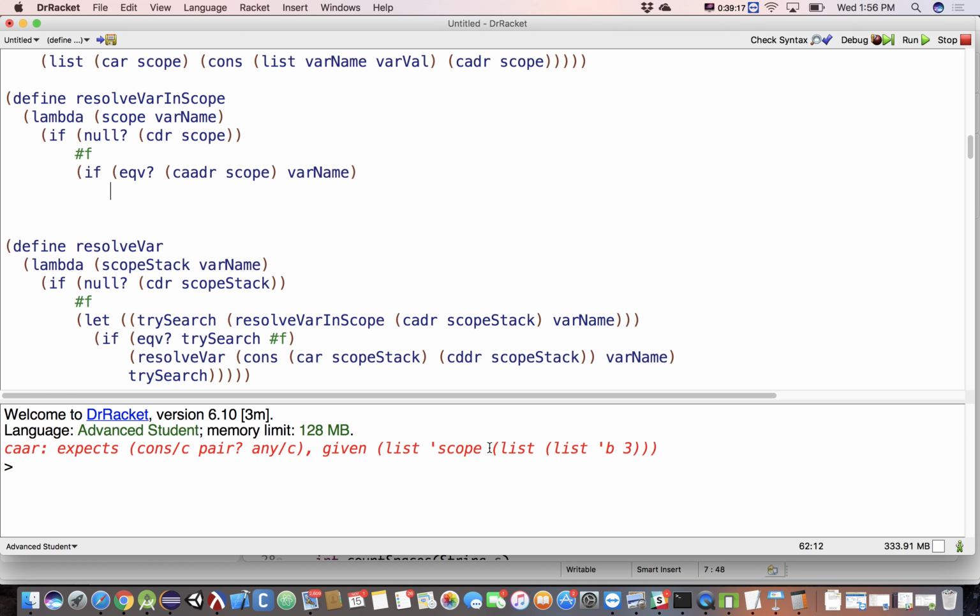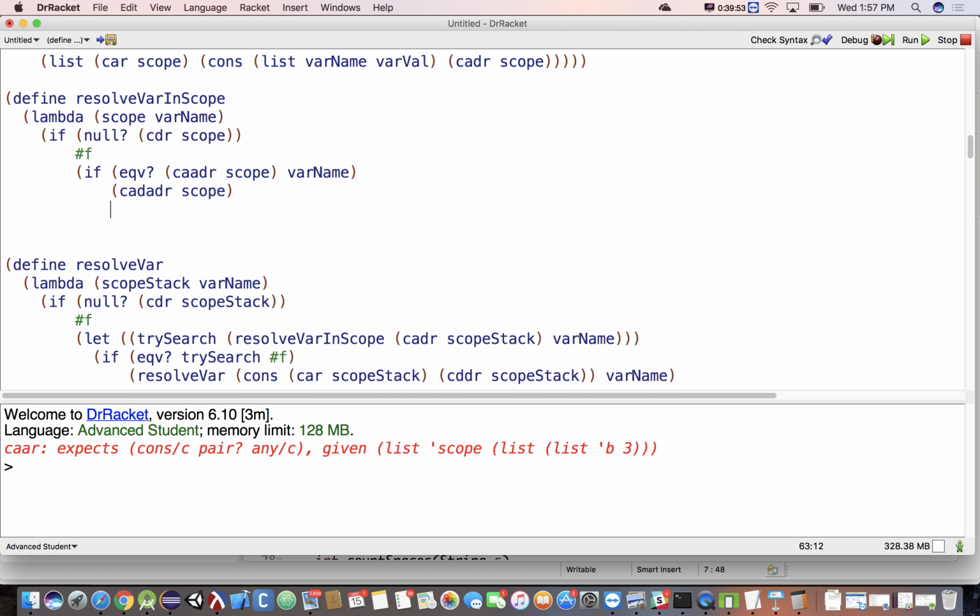I take the cdr. So I'm going to return. So there's my cdr. That's going to be this guy. Then I want the car of that guy, which will give me this guy. Then I want the cdr of that guy, which will give me the list containing this guy. Then I want the car of that guy, the CADADR of my scope, if it does match. If it doesn't match,